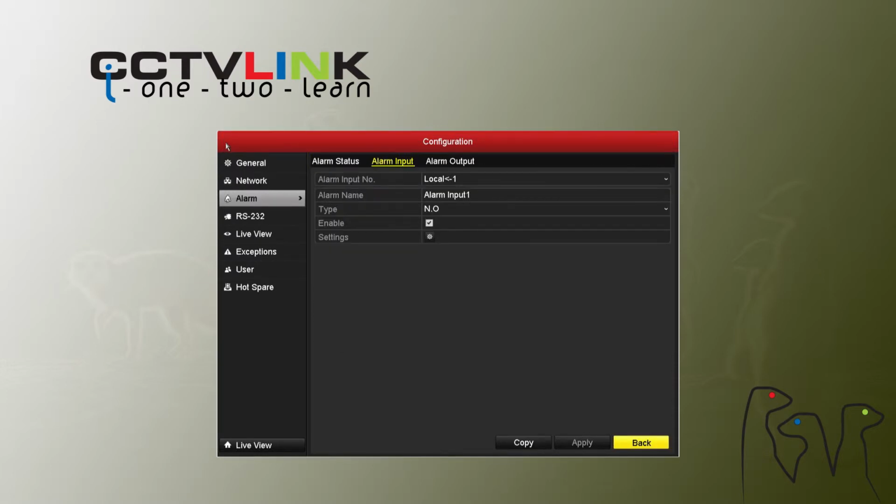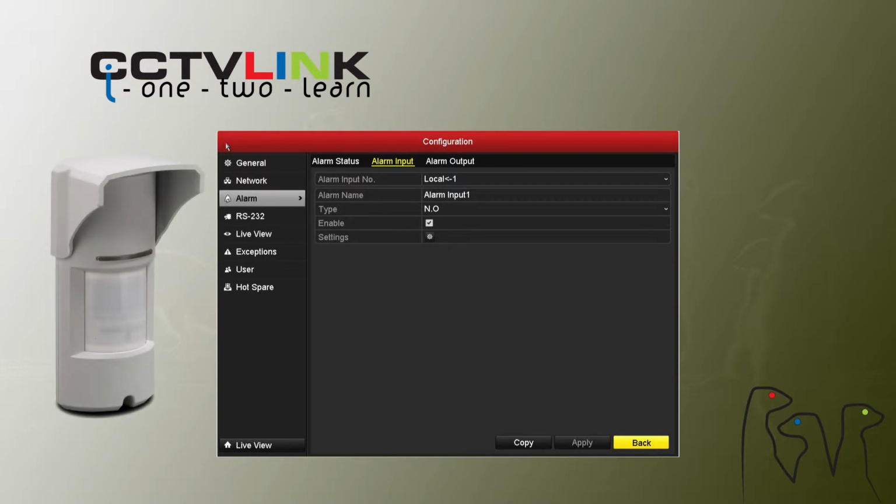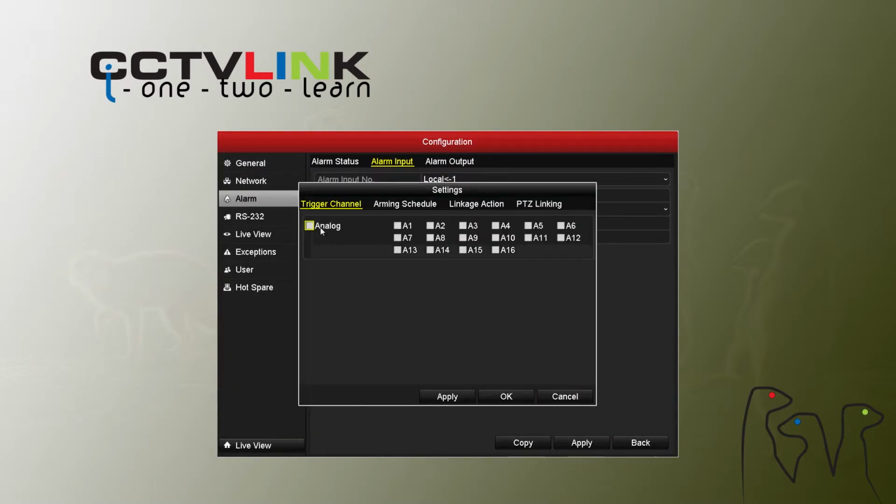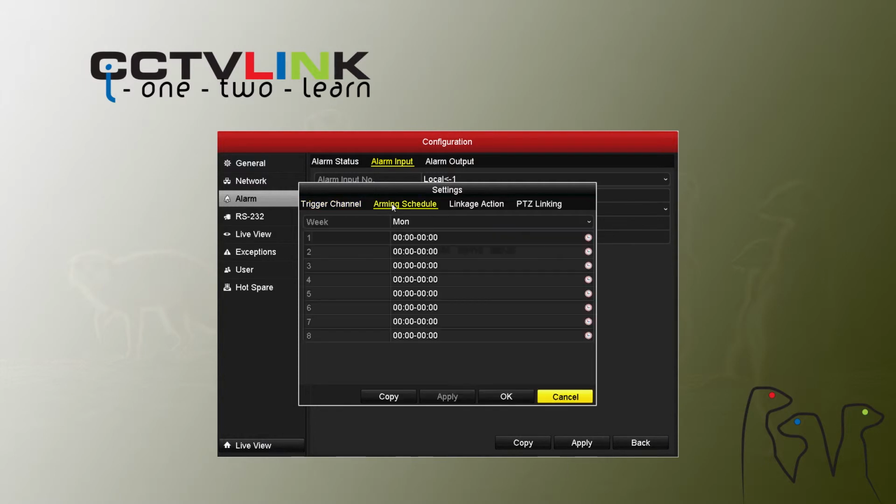If your model is equipped with alarm inputs and outputs, you can configure them here. If you have connected a sensor, or other alarm to the input, you can name the input, choose whether the sensor is normally open, or closed, and you can enable it. You can choose what camera inputs to record and display. The arming schedule allows you to choose what times the input is